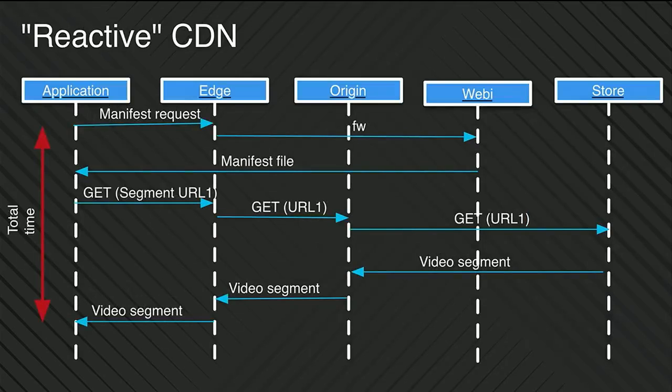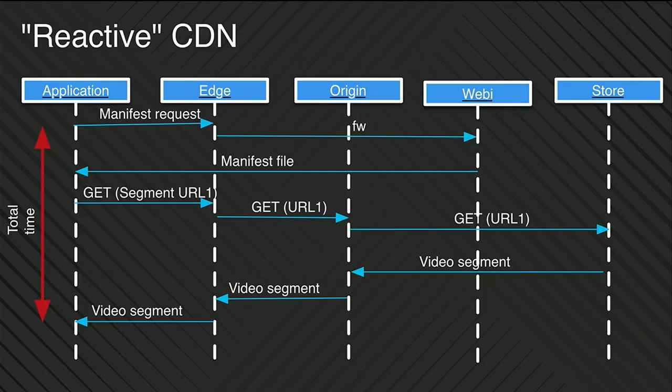Okay. Now, here's a timing diagram of how this happens in a classic CDN. The first step is the client requesting the manifest file from the origin, and that request makes its way through the various caches, hits a dynamic endpoint, which gives it the generated manifest file, and that goes back to the client. When it gets to the client, it parses it, picks out an individual segment,